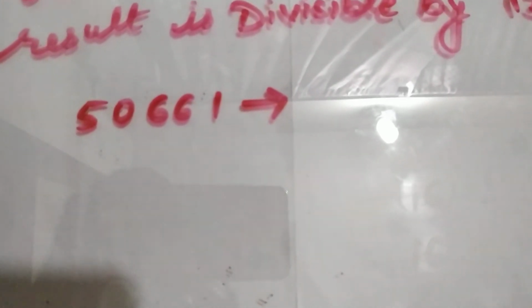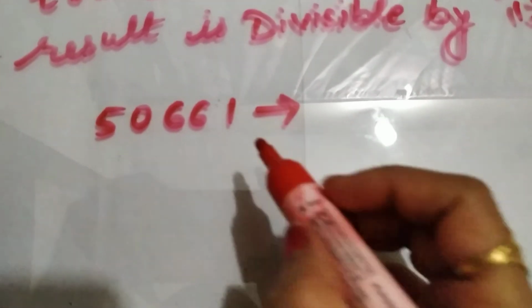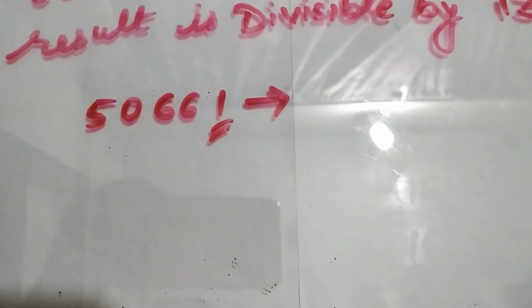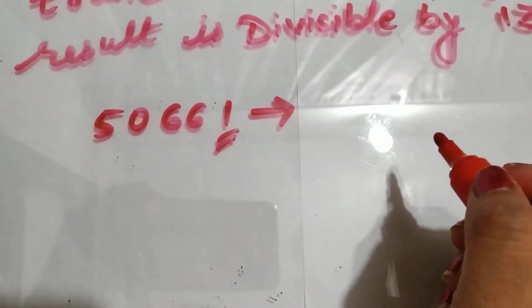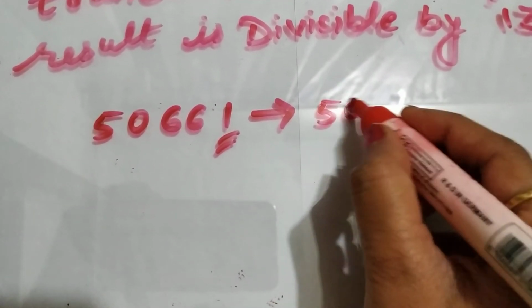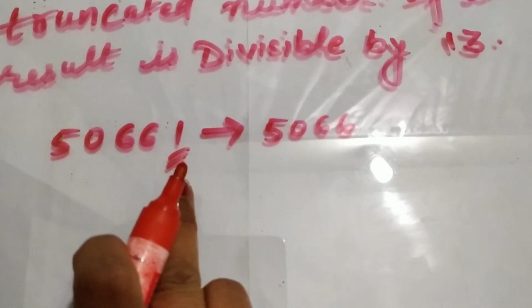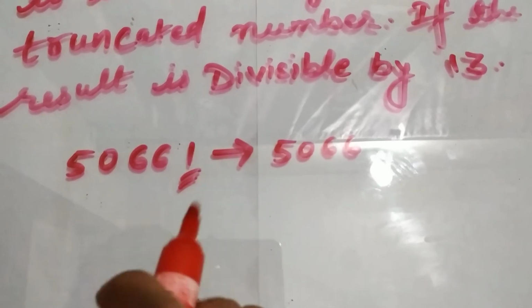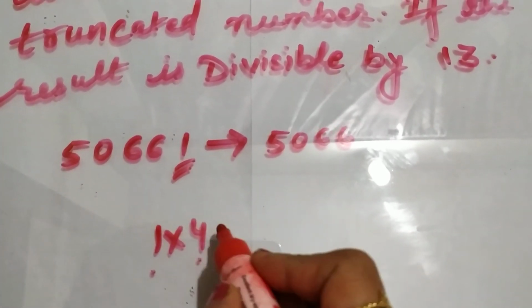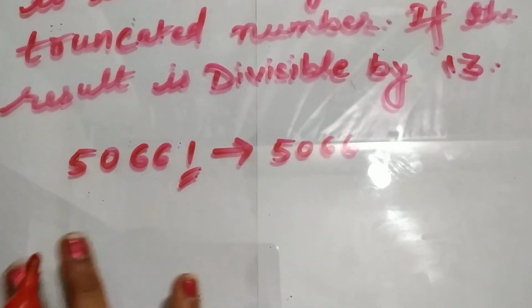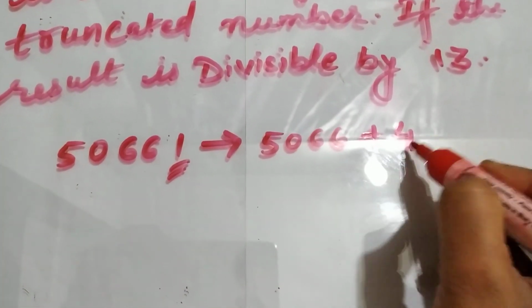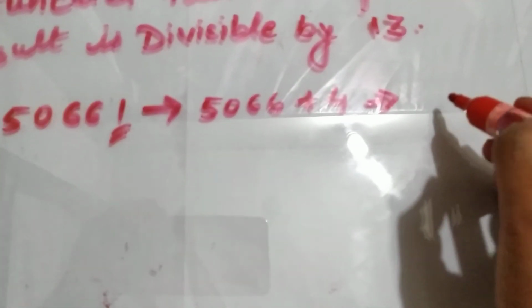First we take an example. In the rule of divisibility by 13, what we do? We take the last digit, which is 1 here. First we write the remaining number like that. The last digit is multiplied by 4: 1 multiplied by 4, you got 4. So add 4 to the remaining digits, the remaining number. So what you got? You will get